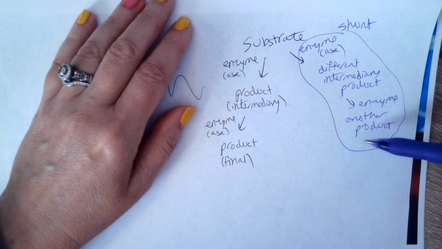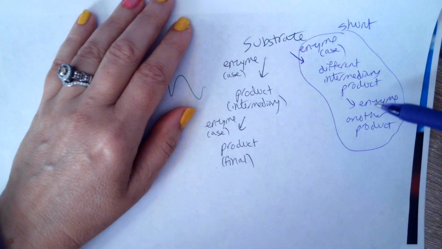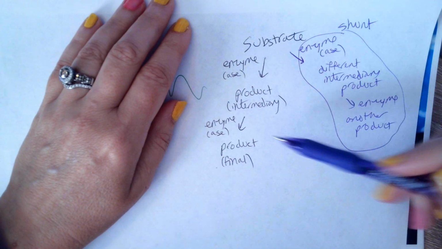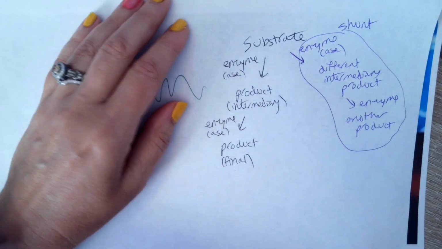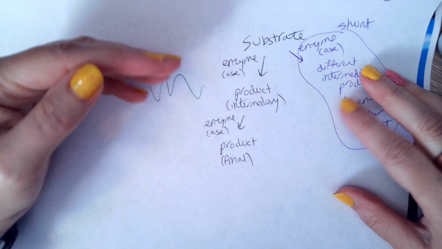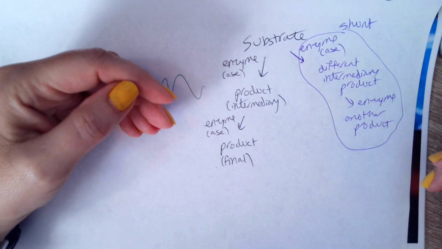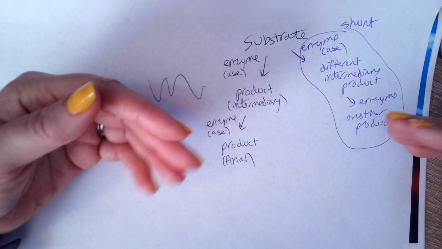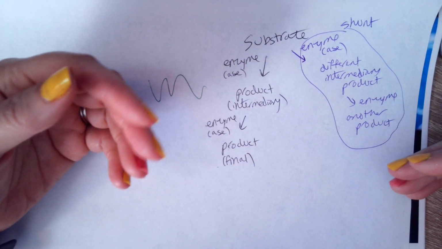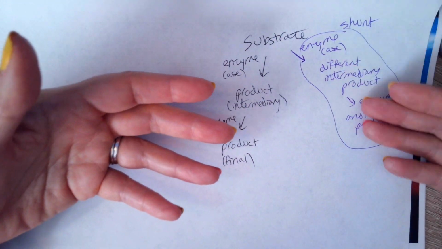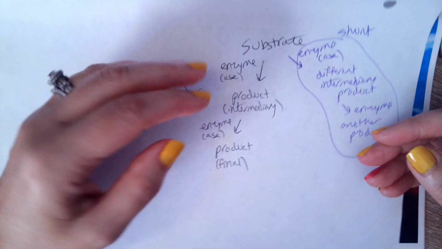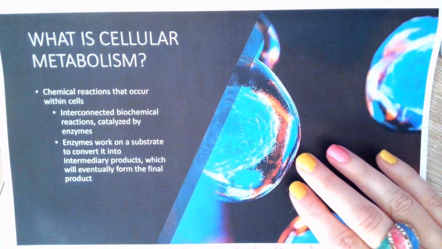And we're going to see lots of examples of these main pathways with little side pathways or shunts going on over here. But you can see already how complex this can be with these chemical reactions happening, all dependent on each other and all kind of relying on each other and moderating each other in a way. Maybe a little more of this, a little less of this, or vice versa. And it's all to keep a nice balance inside the cell. All right, so